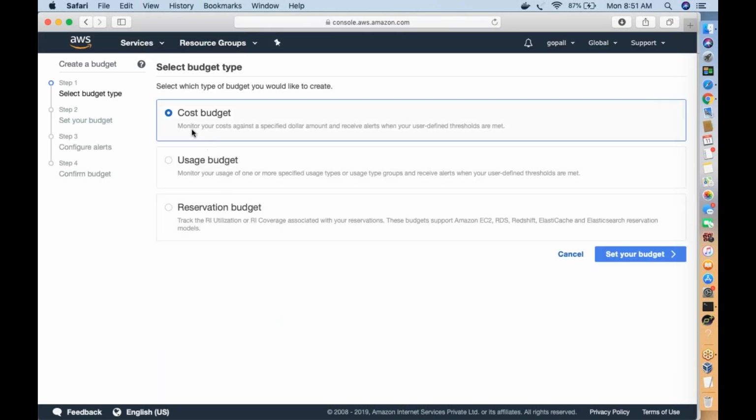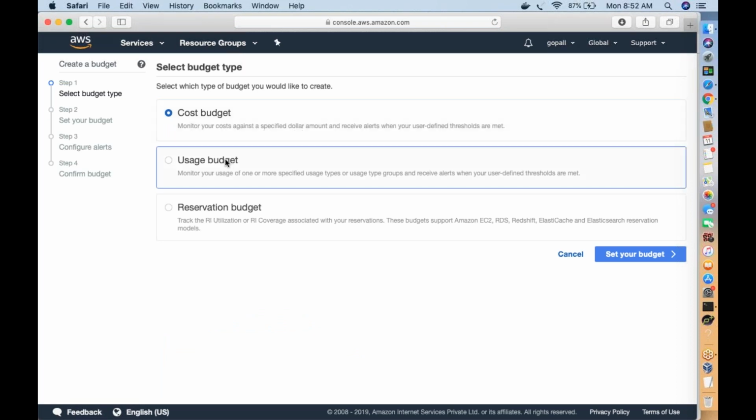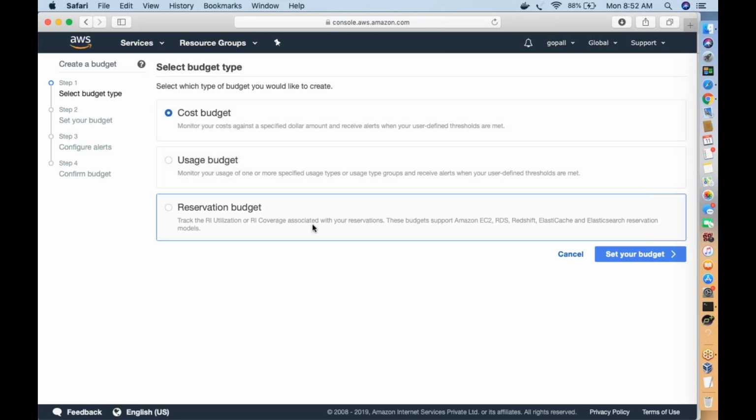The best thing, come here, create and manage your budgets. Monitor your cost budget against a specific dollar amount, or a usage budget, or a reservation budget. So select which type you want to use. Monitor one or more specific usage types or groups, receive alerts for a user definition, or when you track your utilization with a reservation budget.